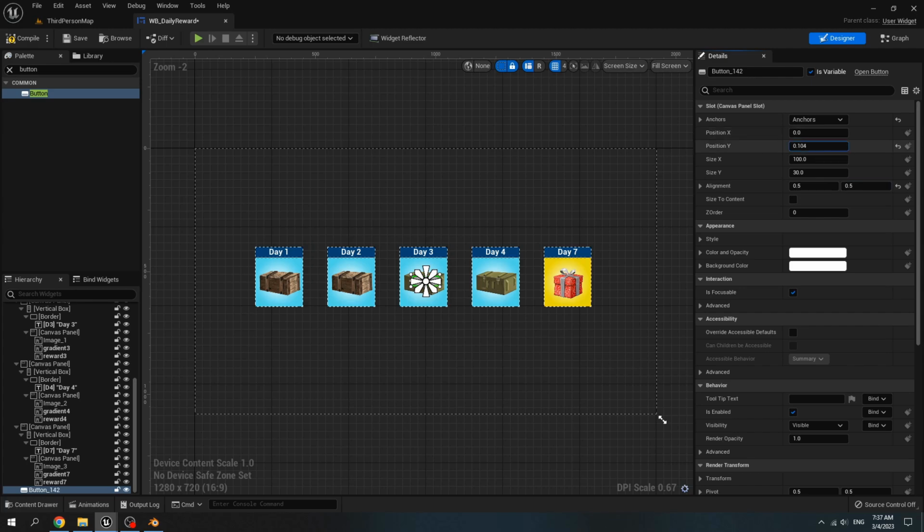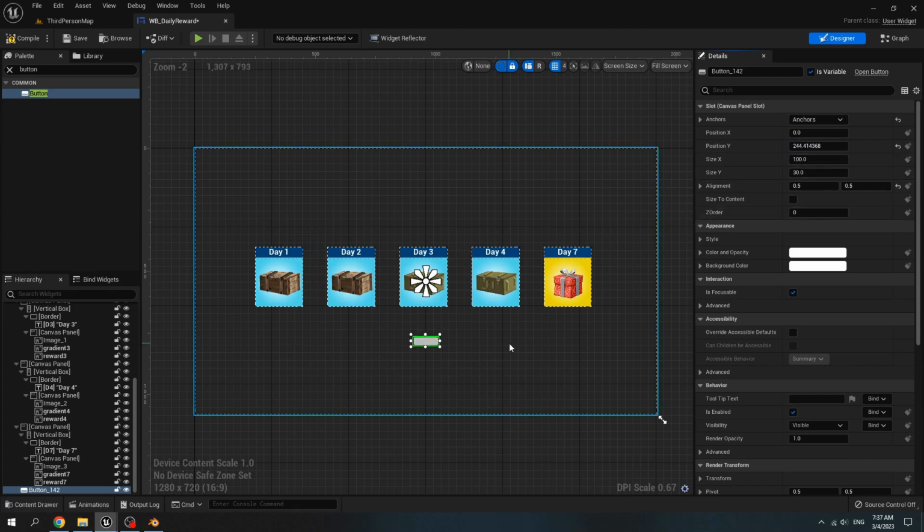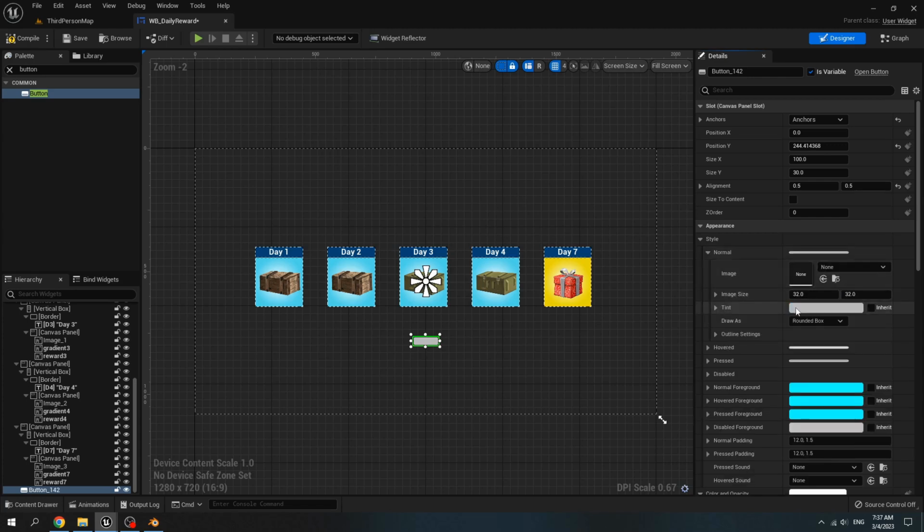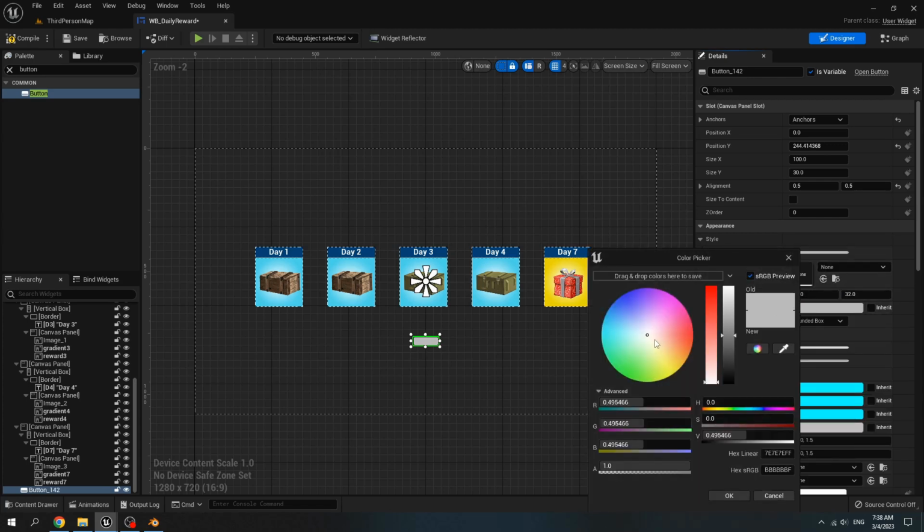Set the Y position to 234 and for style, normal. For tint color, we choose green.